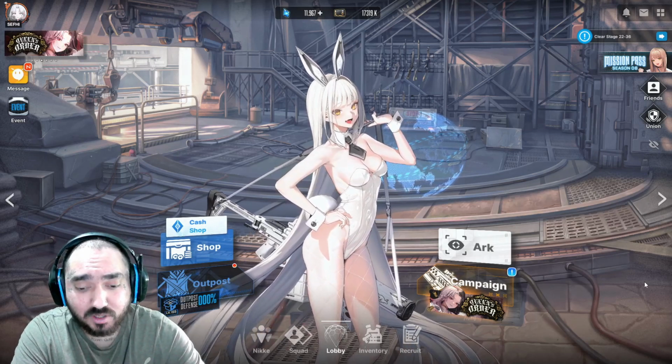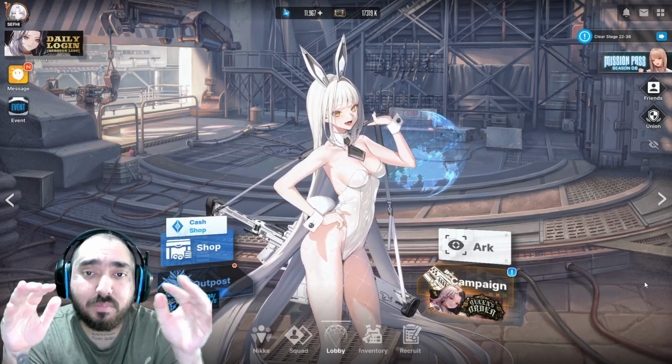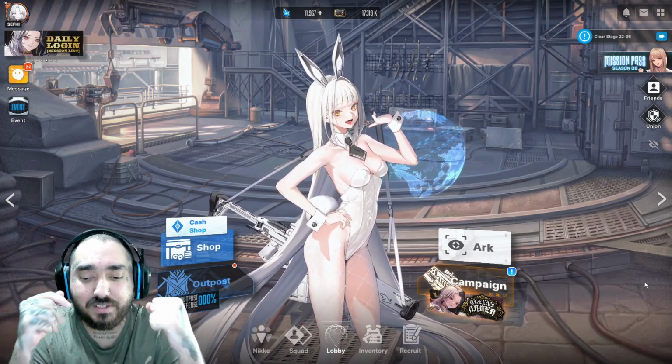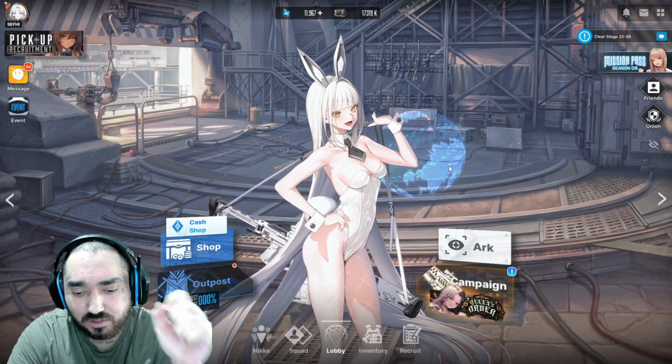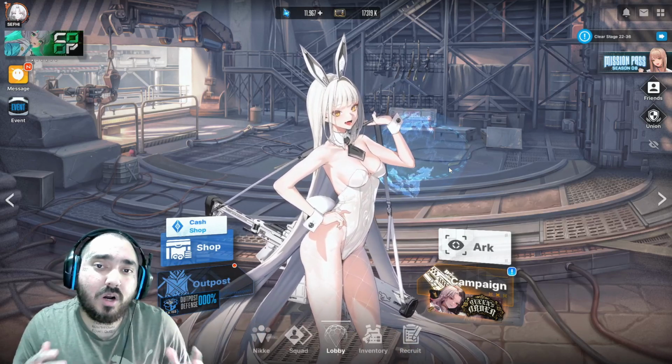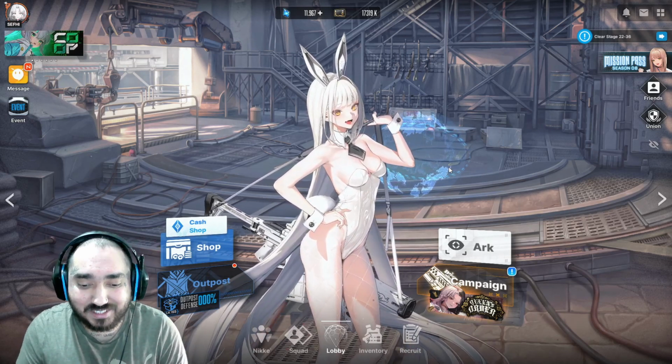I'm Seppi, and today we're going to be talking about where new players should be spending their resources when we talk about pulling for new characters. I saw a similar post on the official Discord, and I was like, this is a really good thing to explain to new players, because we're always getting new people into the game, and I think it's important you plan